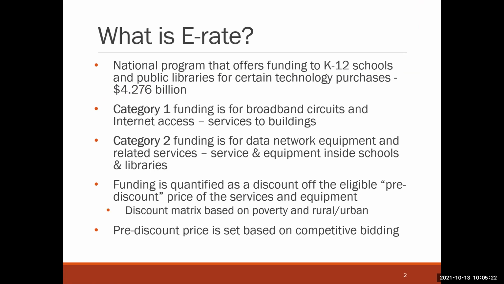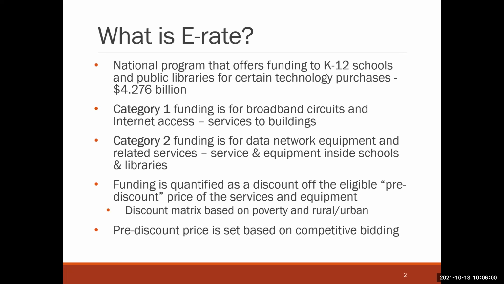There are two different groups of funding, so they divide that pot of money into two. The first pot is called Category 1, and that's funding for broadband circuits and internet access, services that go through the network into the buildings, so into an eligible school or library building. Category 2, the second pot of money, is for data network equipment and related services. This is service and equipment that's used inside schools and libraries